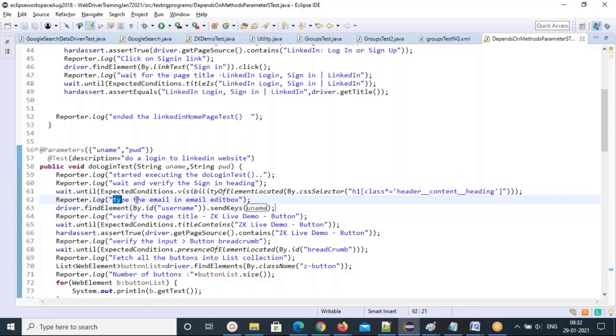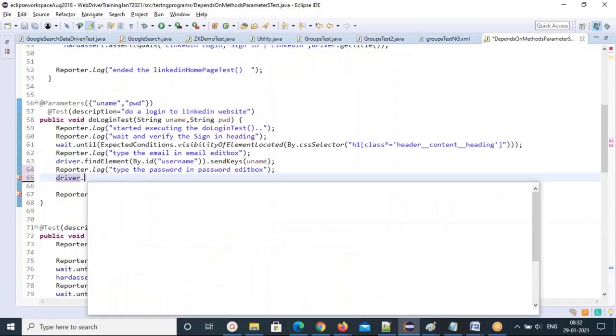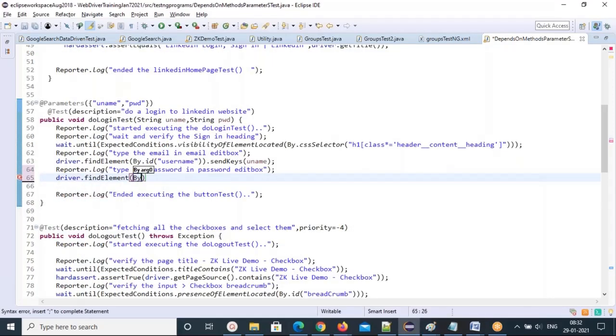Next, type the password in the password edit box. This I'm going to take: driver.findElement by name locator. Okay, not class, so don't take class. Name locator, then put it inside double quotes.